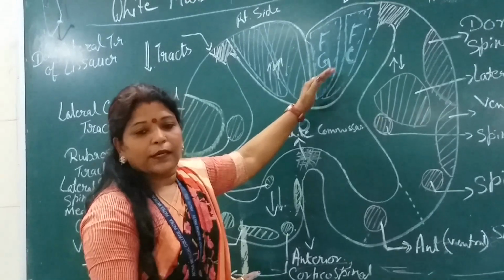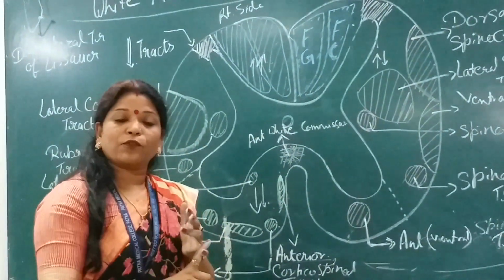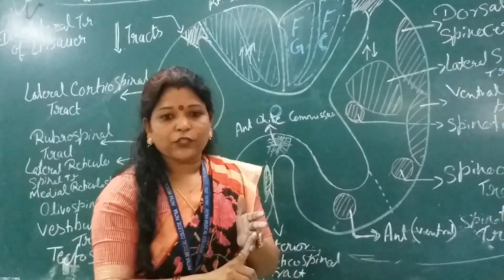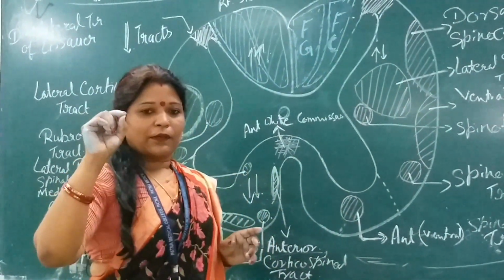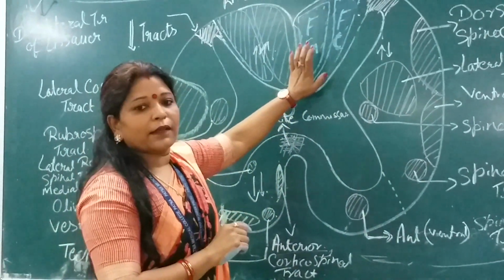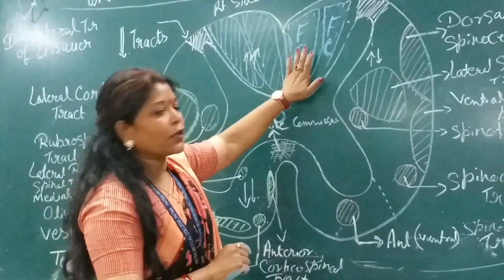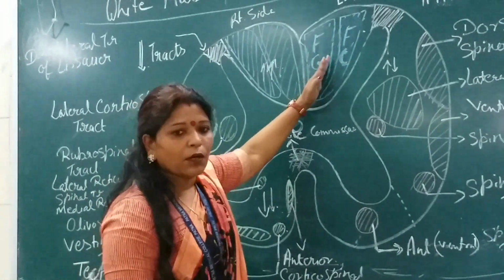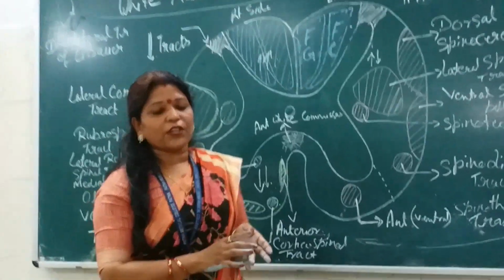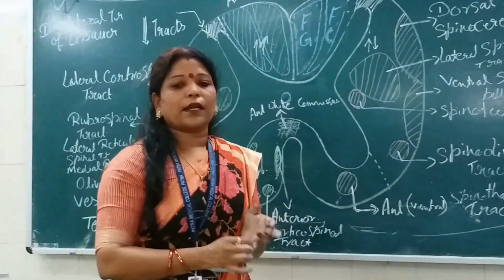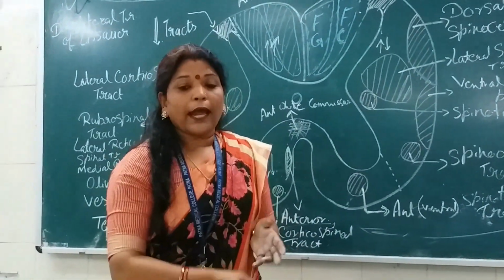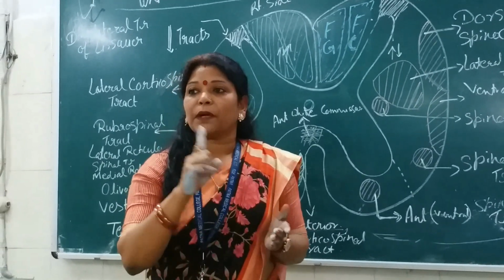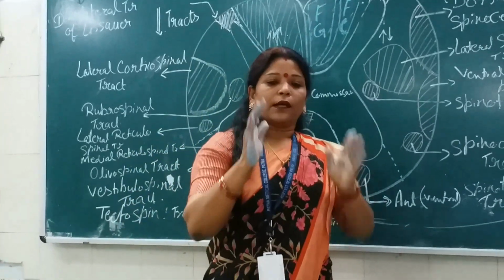Fine touch. The pressure. Fine touch. Touch, you have to define it. Touch is of 2 types: fine touch and crude touch. But the fine touch is carried upwards by the dorsal column, or the fasciculus which is present here in the dorsal column. Fine touch, the vibration, 2-point discrimination, tactile localization, and as well as which type? Conscious proprioceptive impulses. Very important point.